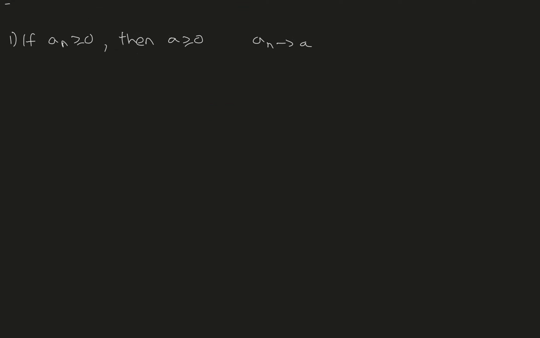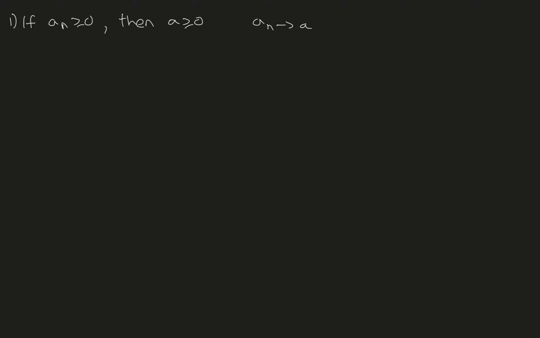The first one says if an is greater than or equal to 0, then the limit itself is greater than or equal to 0. Remember that the sequence an tends to A. So we need to show that if an is greater than or equal to 0, then A is greater than or equal to 0. We're going to do a proof by contradiction. When we're doing a proof by contradiction, we always assume the first part and negate the second part. So suppose for contradiction